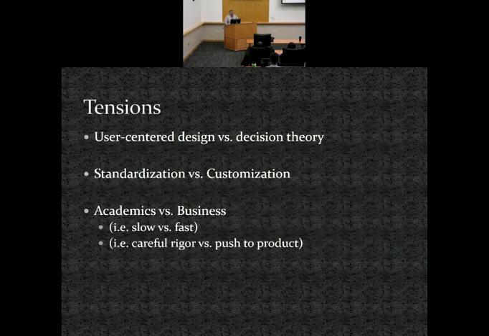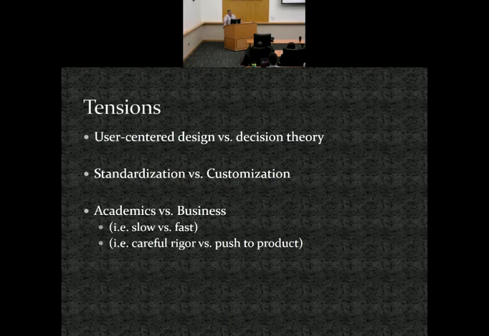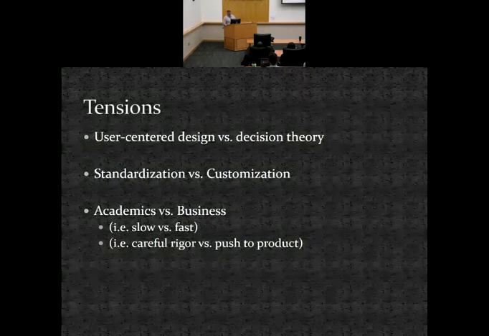But with these tools there's a lot of empiric questions in what should these tools look like? What is the best tool? And I think each decision might be a little different. In our team, we have some tensions. We do this quick, rapid, user-centered design, which kind of takes us away from what the decision theory might tell us to do. And that's been kind of an interesting thing in the literature. There's this tension between standardization and customization, especially when you get to the LVAD and emotion. You talk to the palliative care people, and they say, oh, that has to be a customized conversation based on a person's emotional state. Can you standardize pieces of that? And I think that's kind of an interesting question.